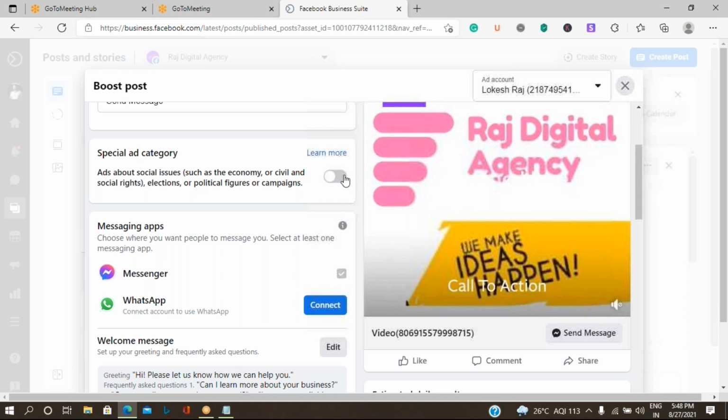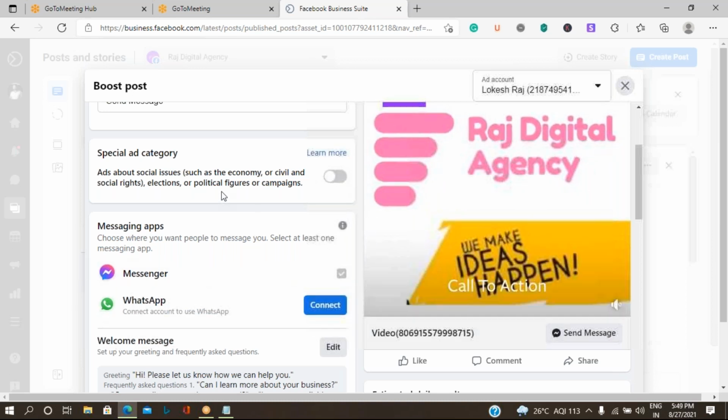Do not click on this option for a general post, because it will ask for certain documentation where you have to prove that the post you create is completely related to public life. Let me not select it because it is my business related post.